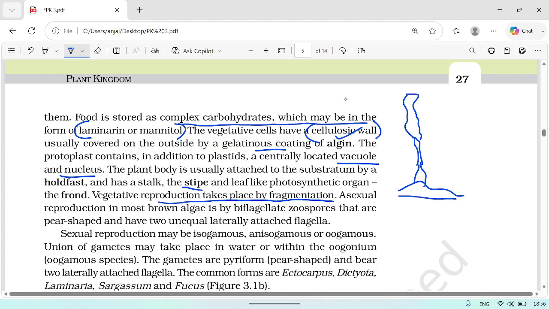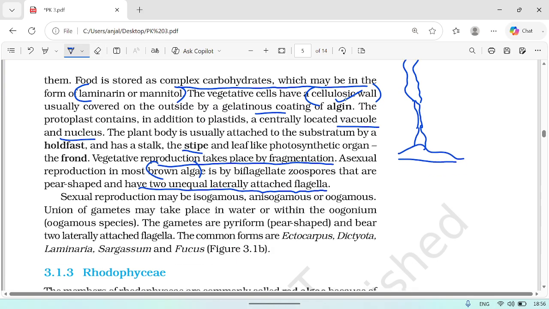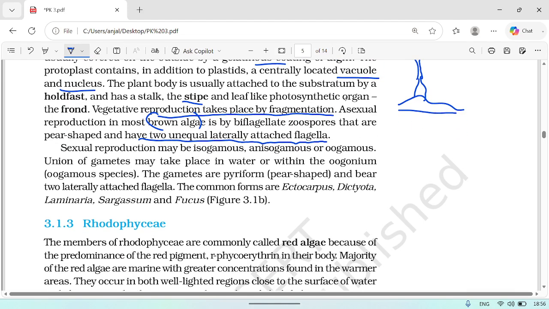Asexual reproduction in most brown algae is by biflagellate zoospores that are pear-shaped and have two unequal, laterally attached flagella. The attachment is lateral and the flagella are unequal. That's it regarding that paragraph. Now, sexual reproduction may be isogamous,